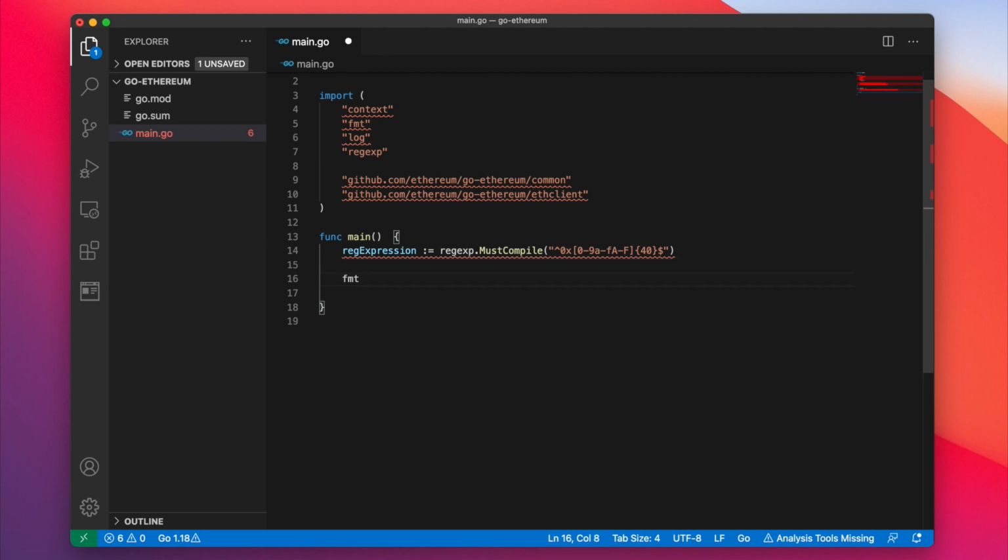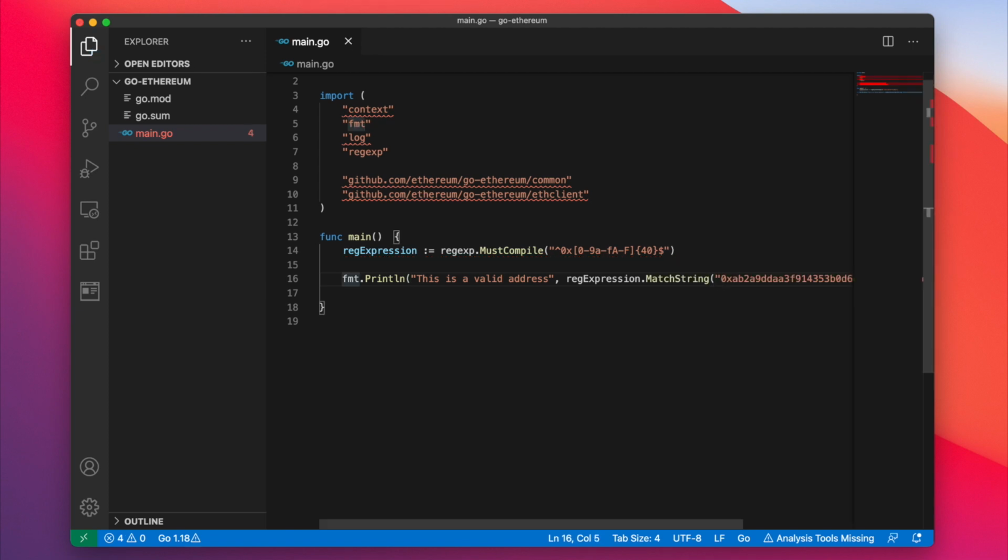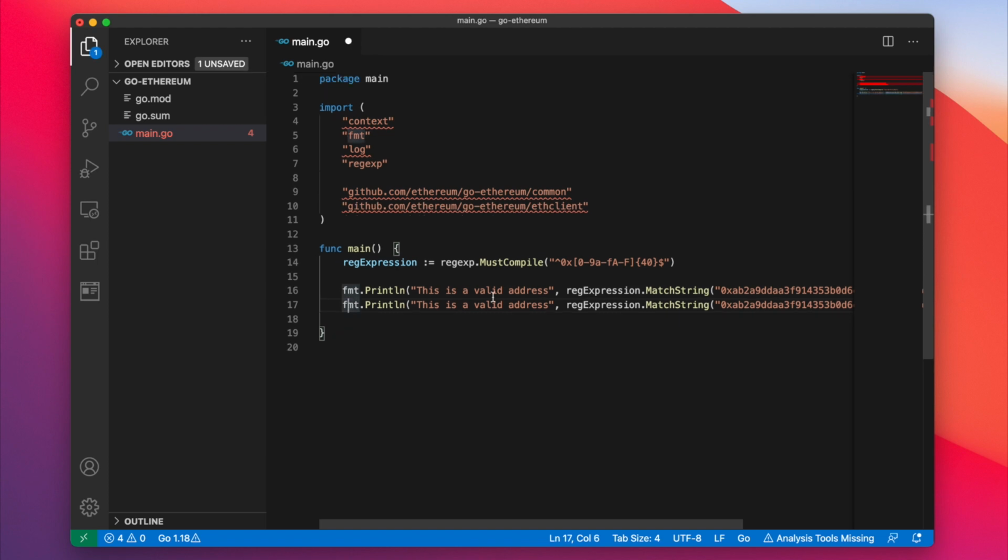So let's do fmt.Println, and what we're going to do is say, this is a valid address. And let's do regularExpression dot, and then let's do MatchString, and then let's pass in an address. So this is an instance where we do pass a valid address, and let's do another case where it's an